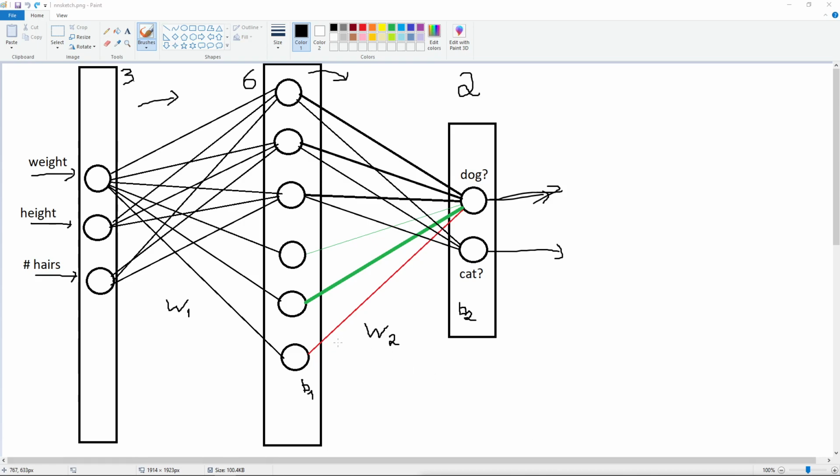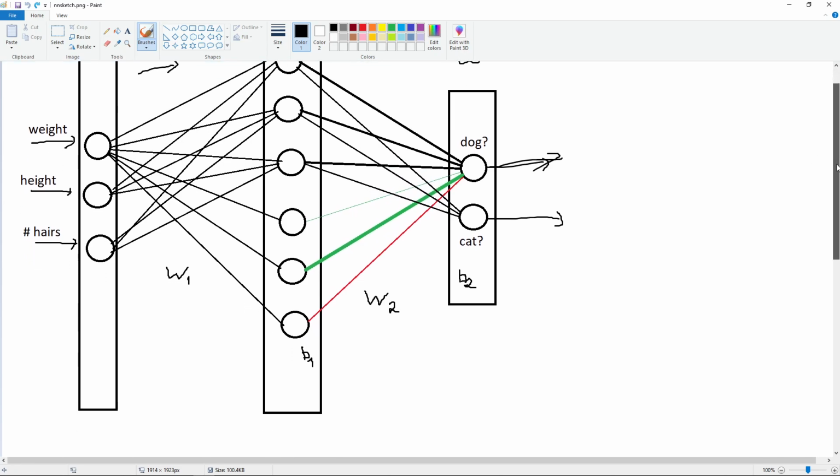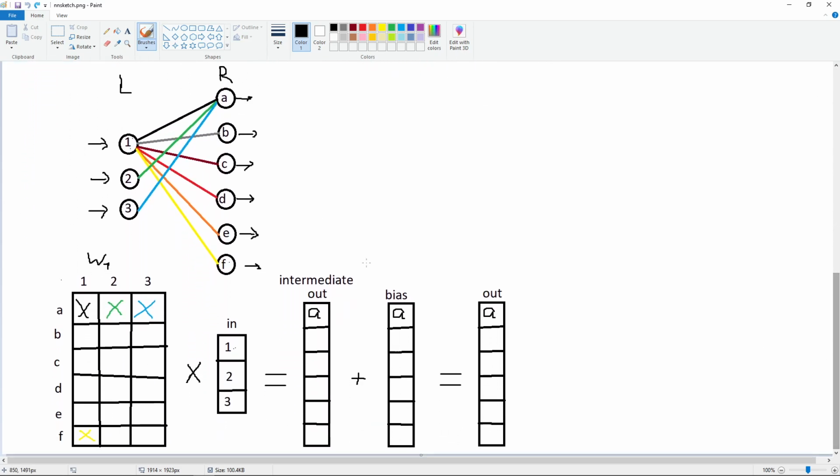Notice that as it stands right now, we have two weight matrices right here, and then two bias vectors right here. And if we look at the second drawing I have, we are going to perform some matrix multiplications and vector additions from the left of the network to the next set of neurons, and then whatever comes out over here goes into the next step. And so in the end, we can see that